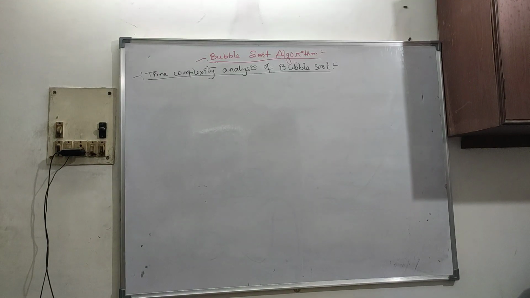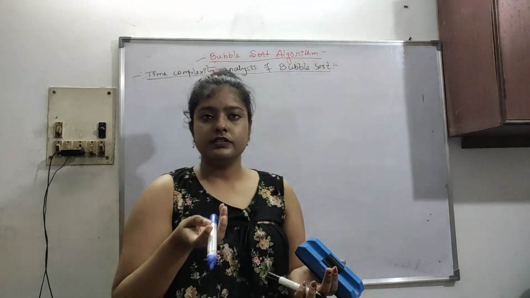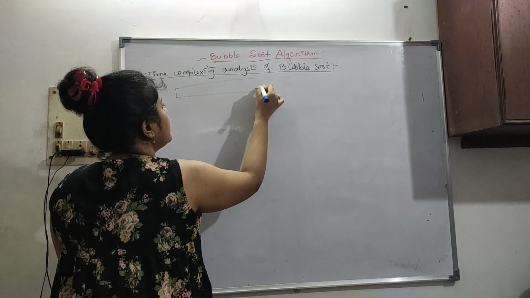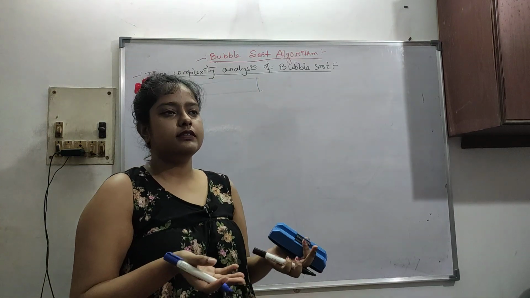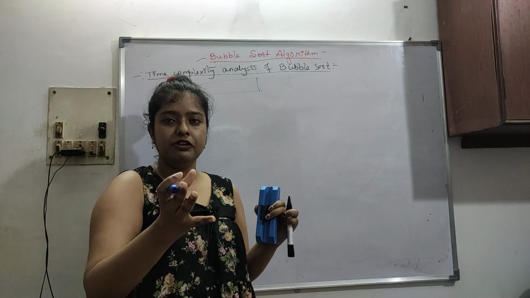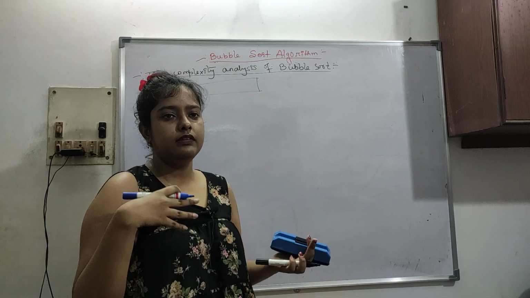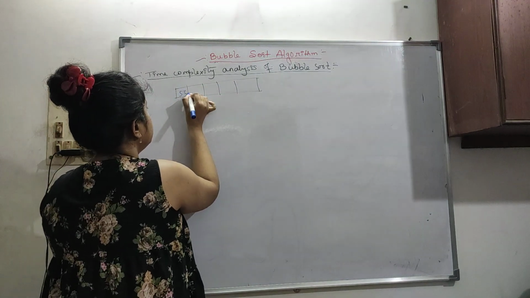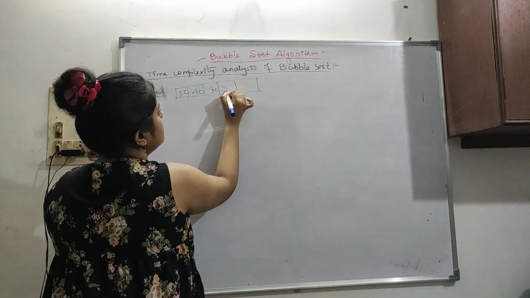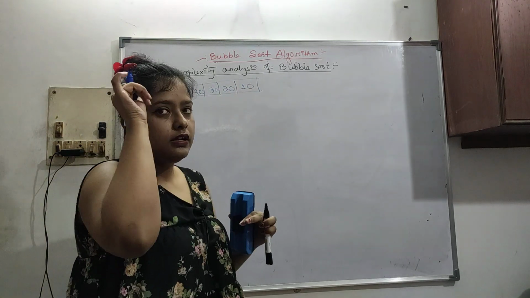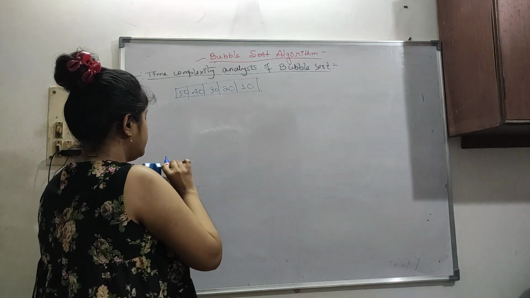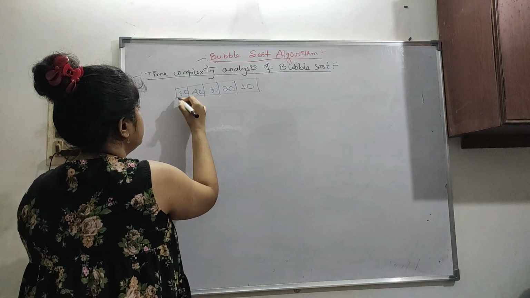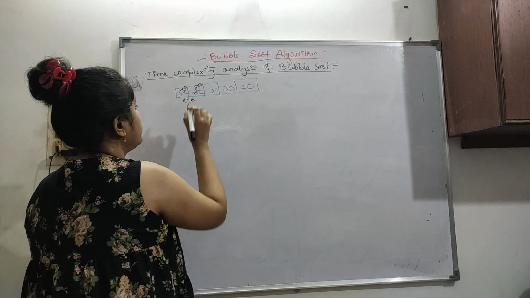So now we will see the time complexity analysis of bubble sort. Worst case and best case both we will see. First let's see the worst case. Worst case means, if we have to sort in ascending order, the worst case can be if the array is already in reverse order, meaning descending order. Let's say 50, 40, 30, 20 and 10. So it is in reverse order, so every time we have to swap: 40 will come here, 50 will go here, like this.